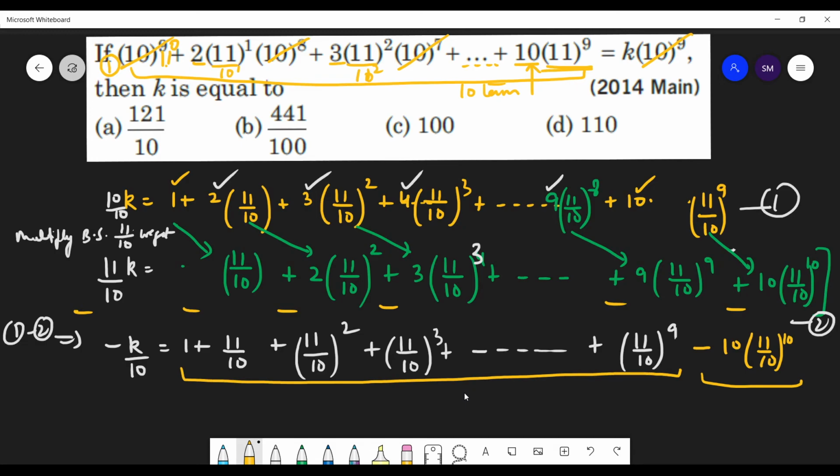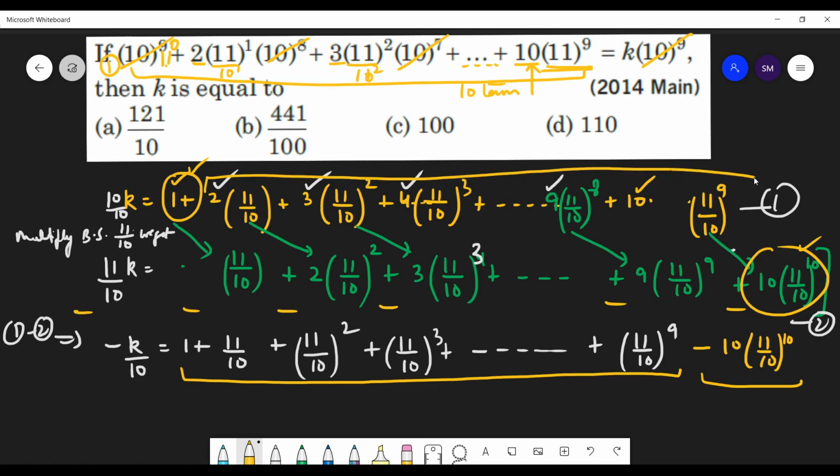10 terms. Earlier also, here also there were 10 terms. Here also there were 10 terms. So now the total terms become 11, because you have not touched this term and this term. So 9 terms were subtracted, sorry. 9 terms were subtracted, and 1 you have added, so these are 10 terms. Okay?